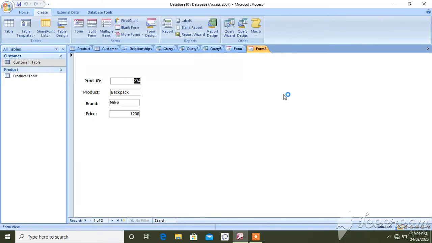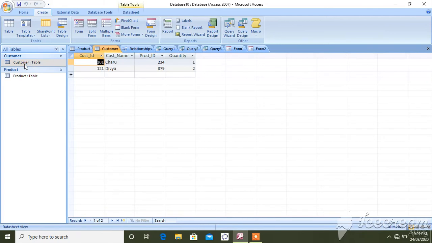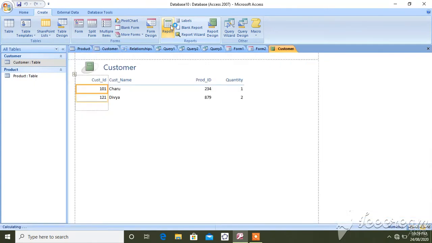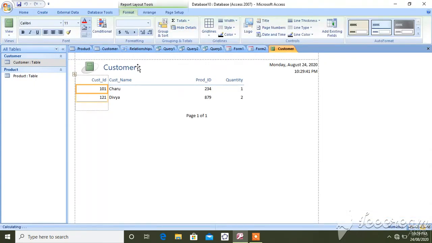Now we will see how to design the report. Again, click on the Customer table. Click on Report. See, you can see the report layout tool. It's like a bill. After purchasing, you will get a bill.